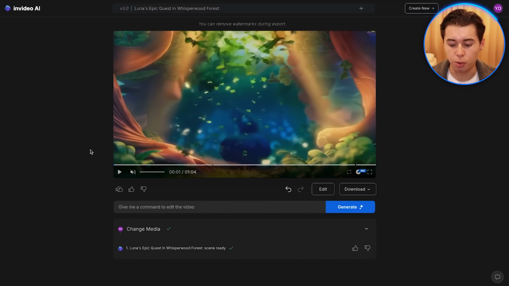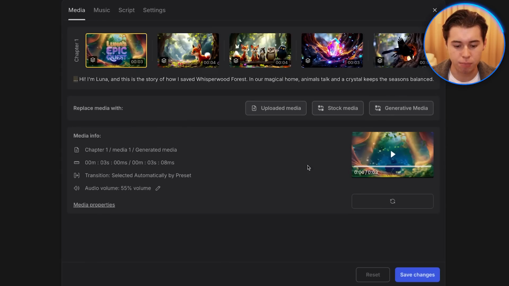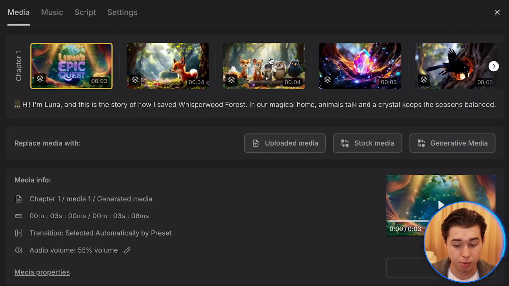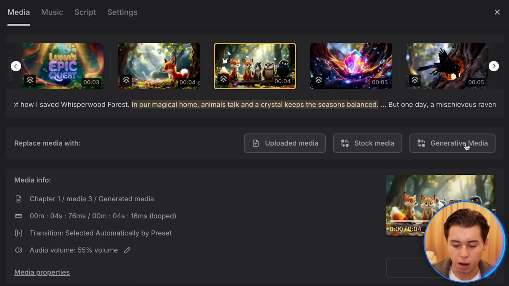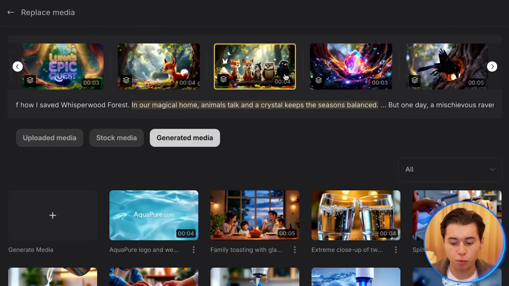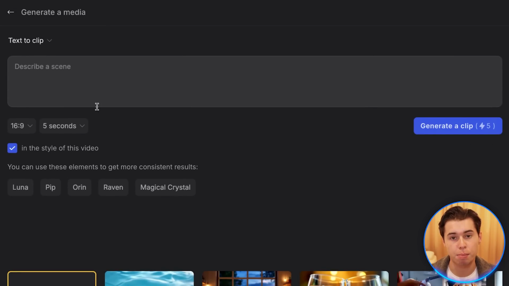And so what you would do is click on the edit button right there, and then select the clip that you would like to replace. So I'm going to select clip number 3, just like that. I can then click on Generative Media on the right hand side, then check the duration of this clip, which is 4 seconds. Click on Generate Media in the top left, and then once again, create a prompt in order